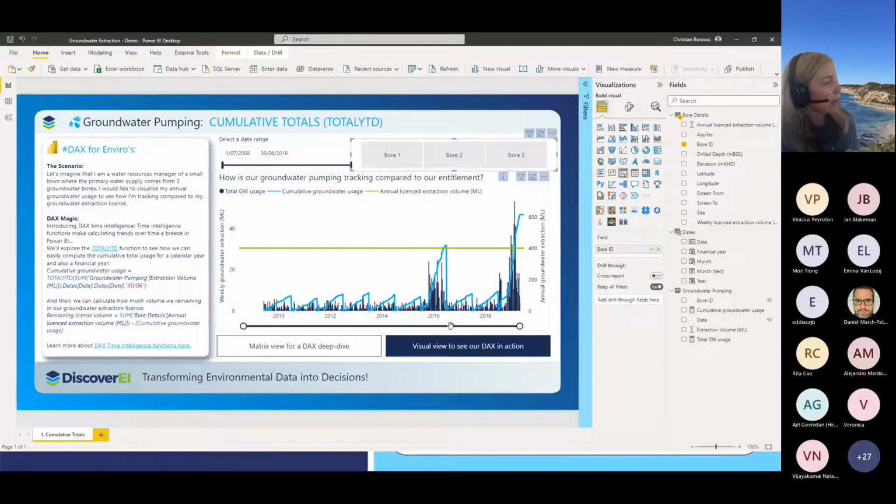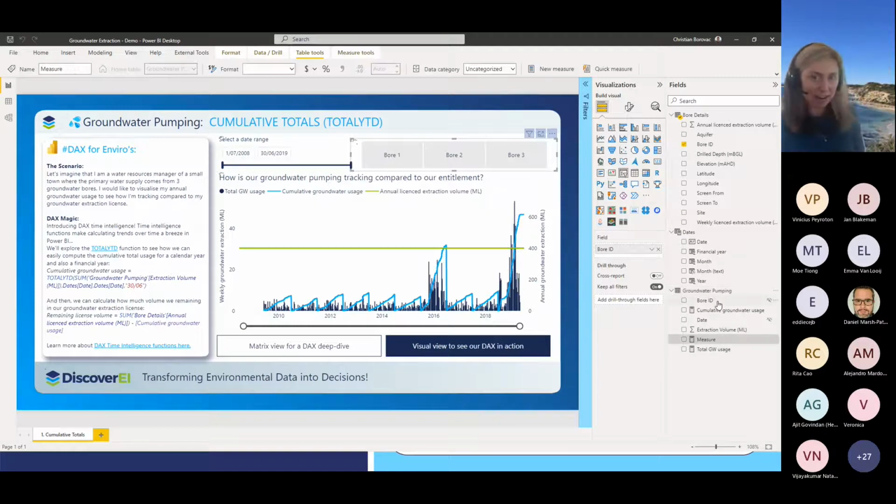We could also take it to the next level just by using a little bit more DAX to track what is our remaining license entitlement volume. Here we can see it really clearly visually on this chart, but maybe we want to know at this stage, just how much do we have left to use for that year? And this is where DAX becomes really powerful when we use something known as measure branching, where we're writing slightly more complex measures each time, but it's pretty simple because we're going to reference previous measures that we've already calculated.